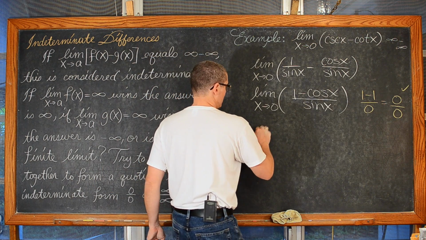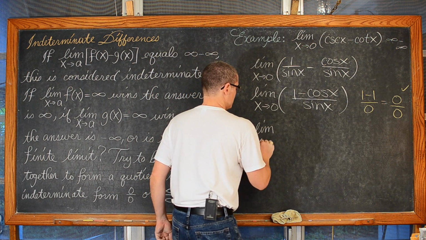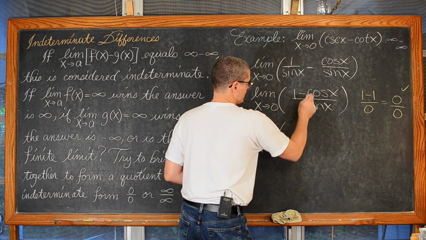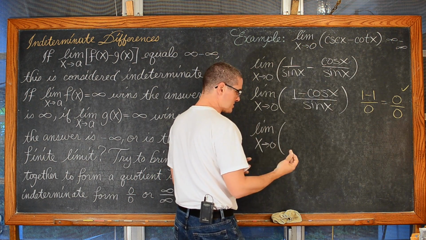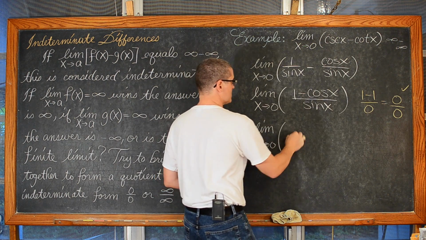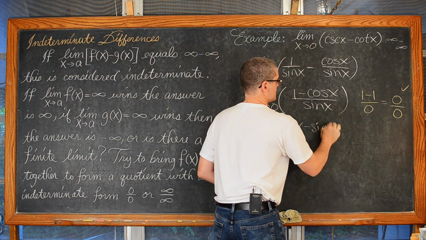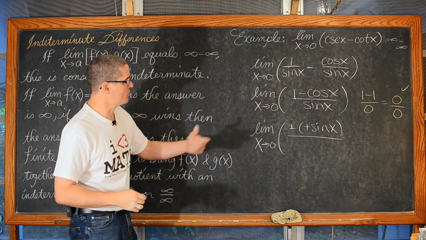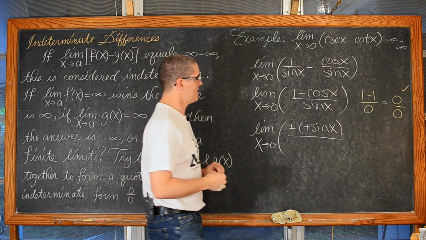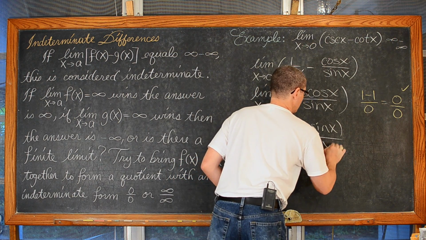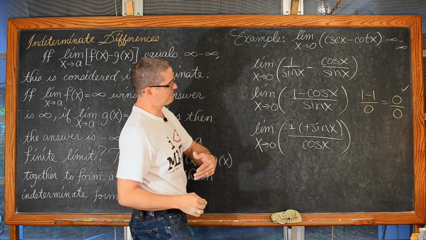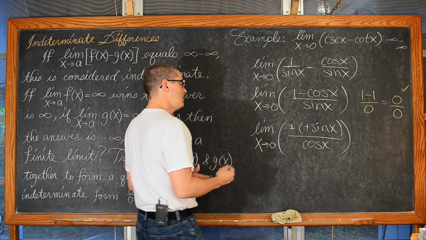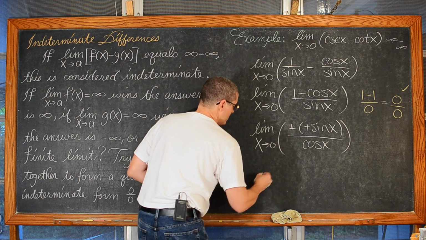So we have the limit as x approaches 0 of the derivative of 1, which is 0, the derivative of cosine is negative sine, but there's a negative there, so it's negative sine x, which of course those are going to cancel out and just give me a sine x on the top, or the numerator. The derivative of sine is cosine, and I could let x approach 0 right now, but just to rewrite it, sine over cosine is tangent.